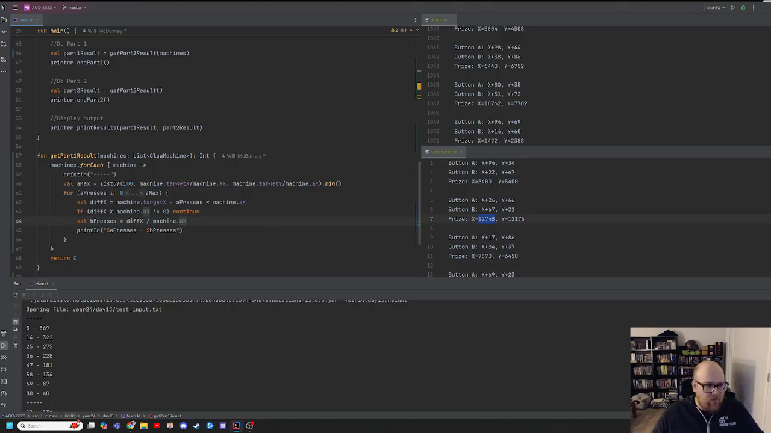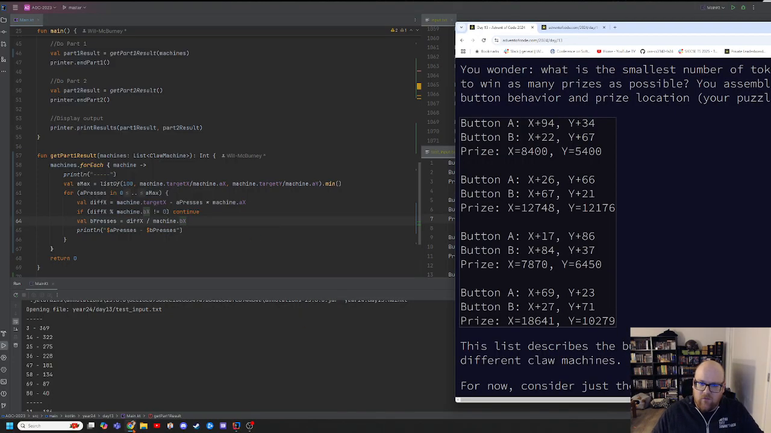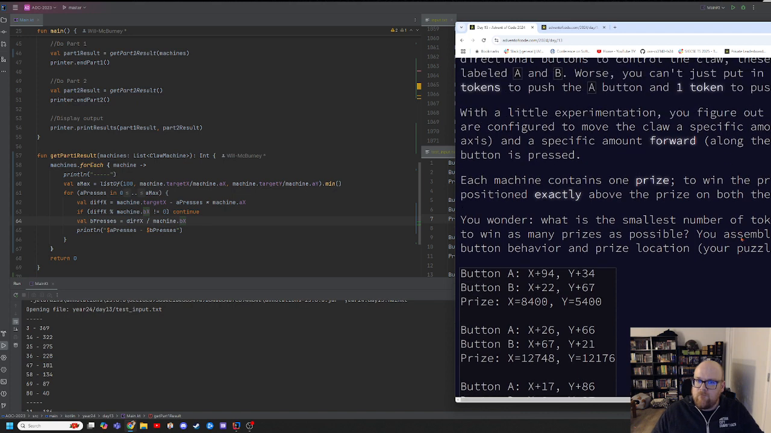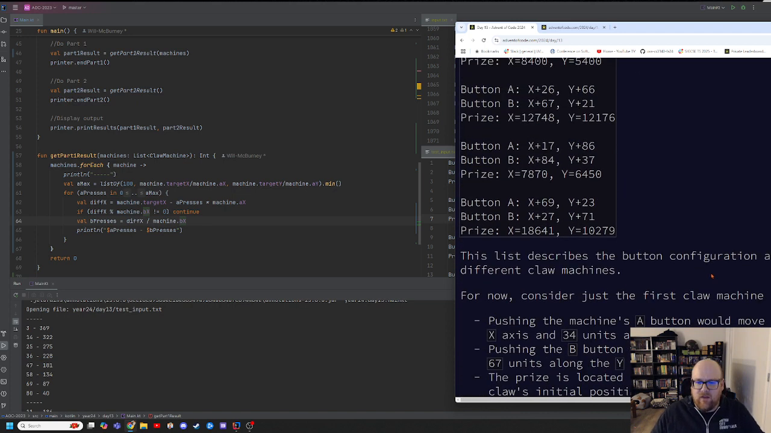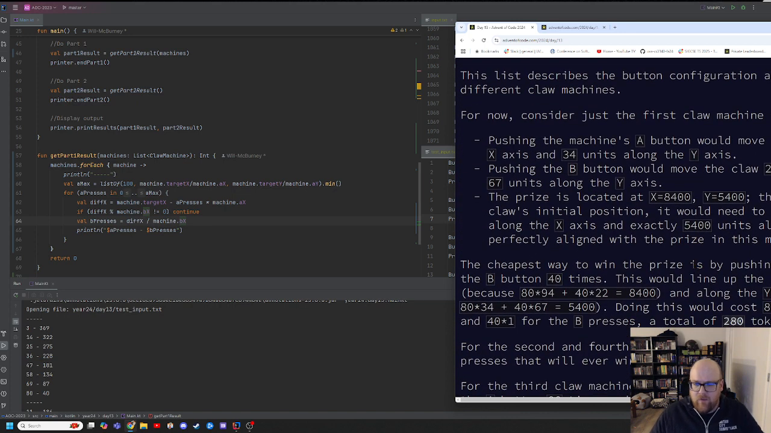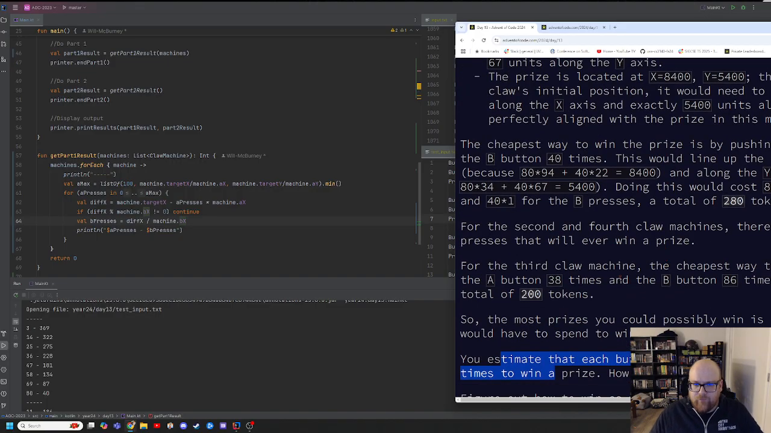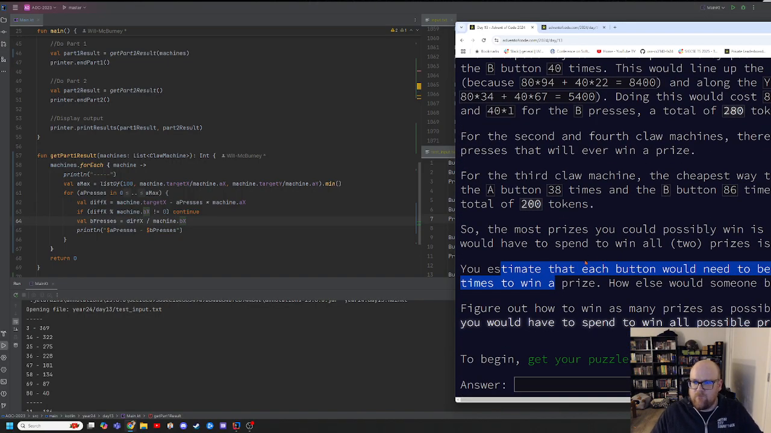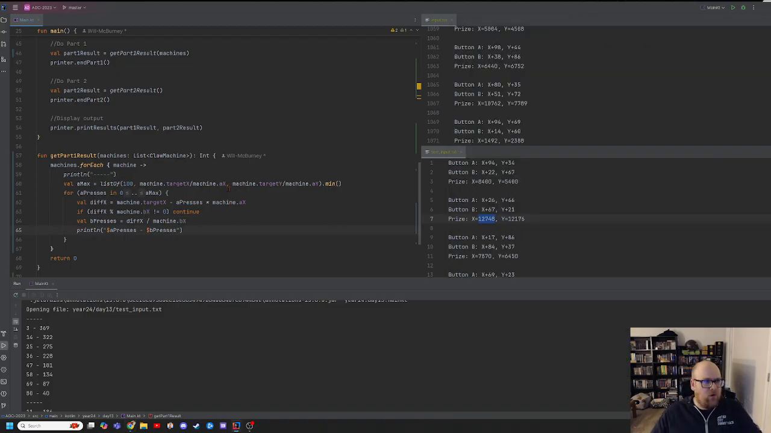So they said that the most I'd have to press is 100, right? Which I guarantee is going to bite me in the ass to use this information. That's just a rule of thumb. But you estimate that each button would need to be pressed no more than 100 times. So I can do something like